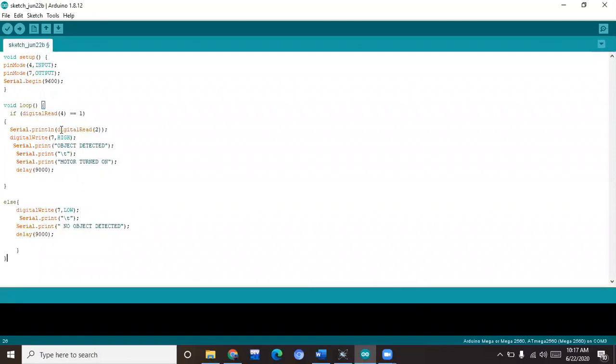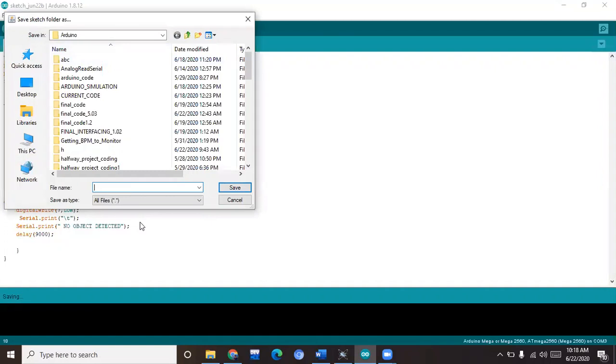Then it will read the pin number. I just build up here, and we'll read pin number 4, and it will just turn on the motor. And after that, if there's pin number at 0 condition, it will basically turn off the motor. So to compile this program, I actually have to verify it here.